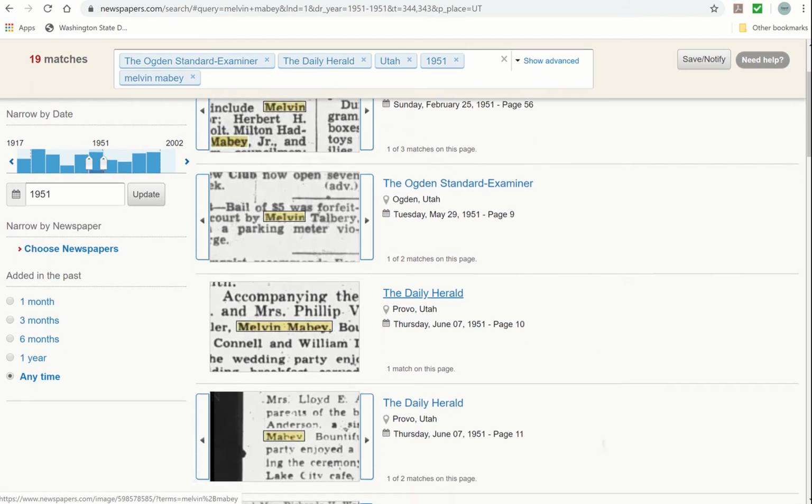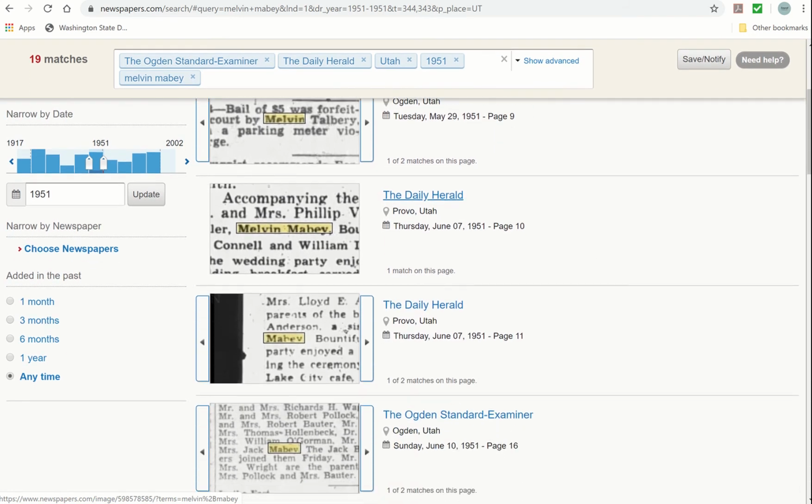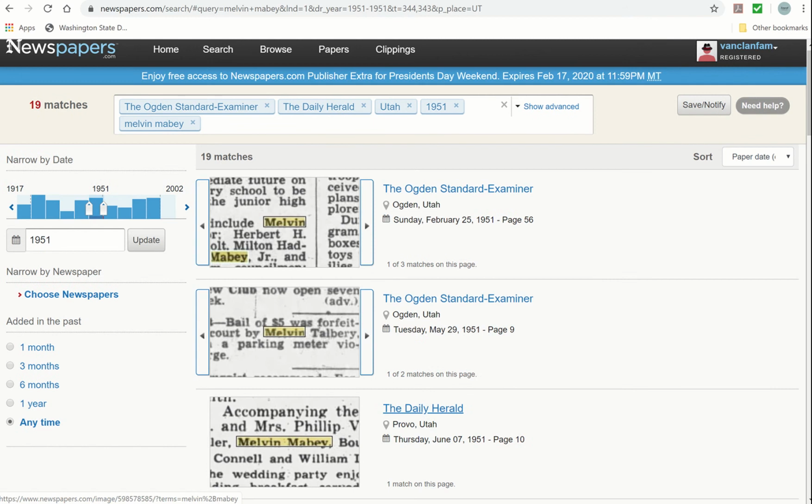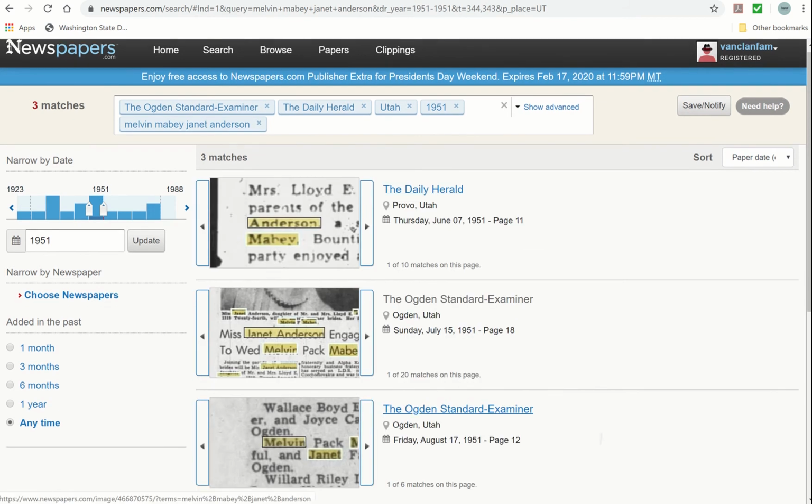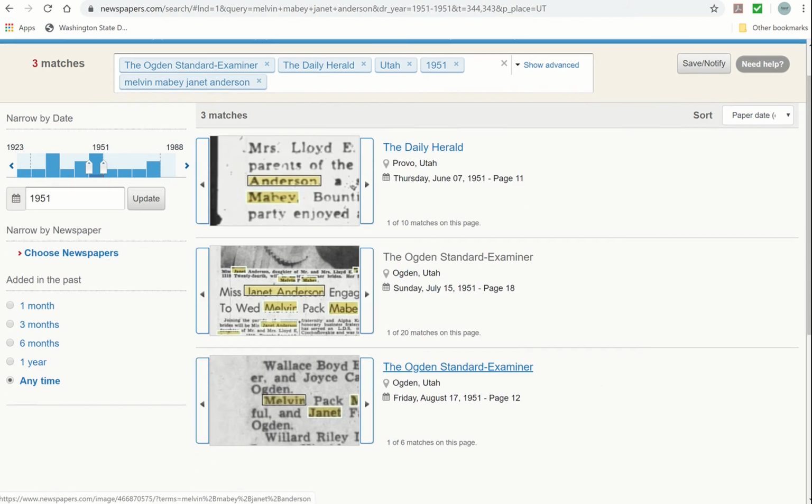Okay, and so then I'm just going to go ahead and scroll through. There's still 19. I'm going to try adding his wife to that, and that will really narrow it down. And then I can see right here, this is an engagement. And so if I open this up, I can see the whole article,